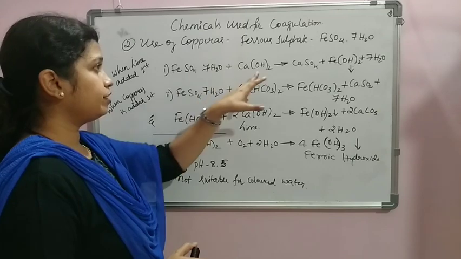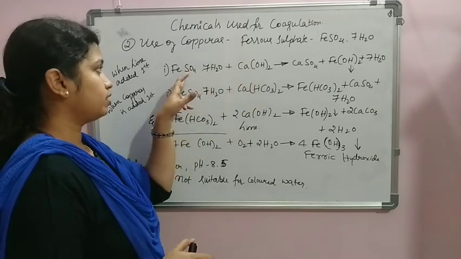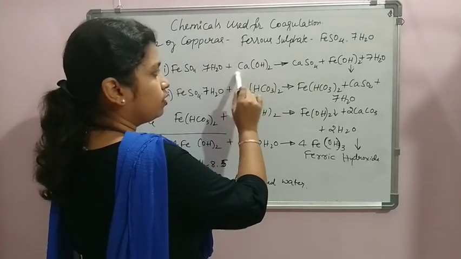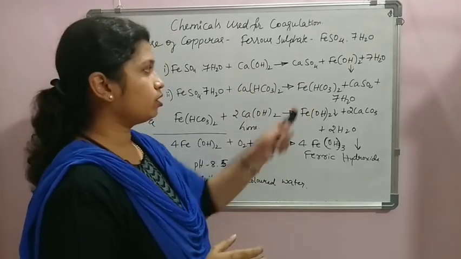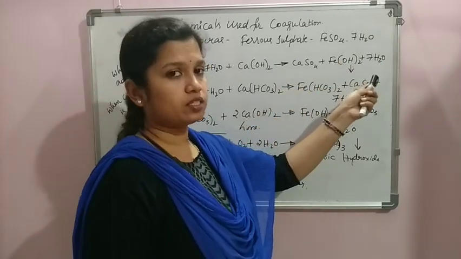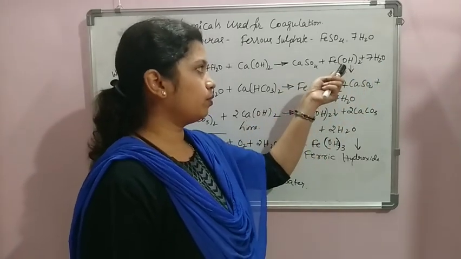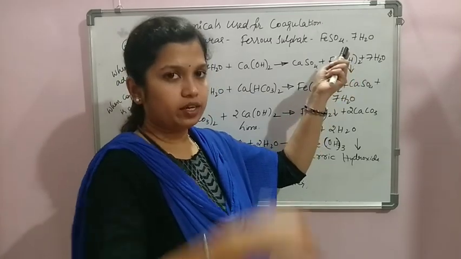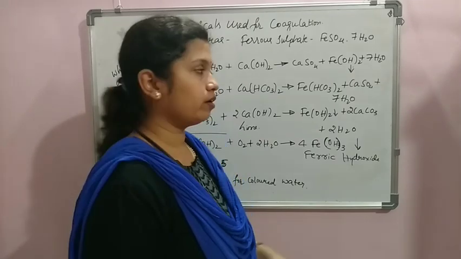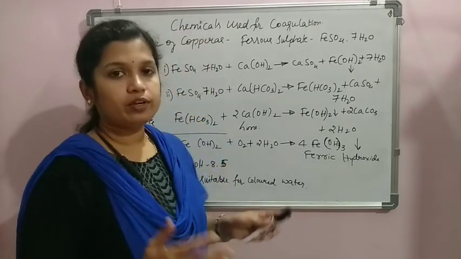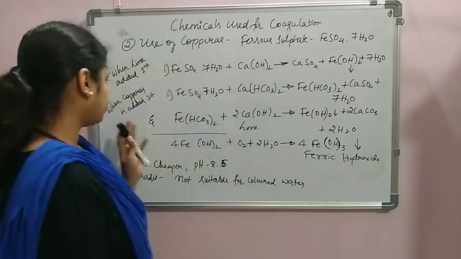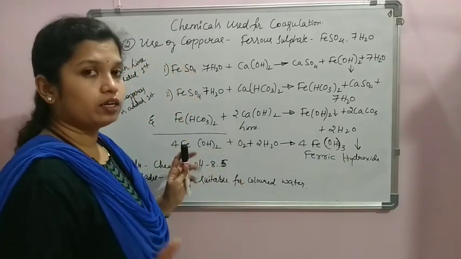In such a case, it reacts with the copperas, that is FeSO4·7H2O, and Ca(OH)2 is the lime, that reacts and gives rise to the formation of CaSO4, calcium sulfate, and also ferrous hydroxide. Ferrous hydroxide, since it has a hydroxide component, readily settles to the bottom, plus 7H2O as the byproduct of the reaction. If we are not going to add lime first, we just add copperas into the water directly.